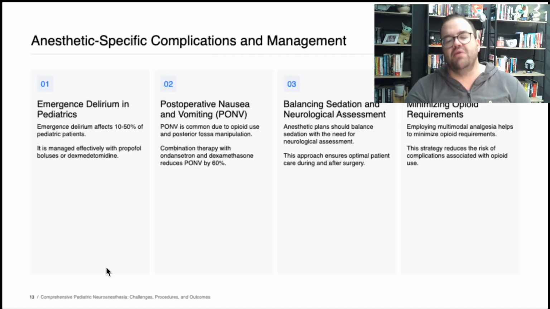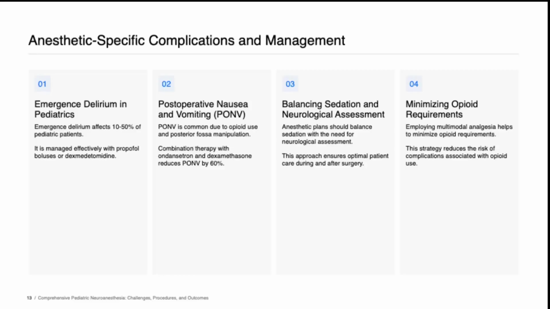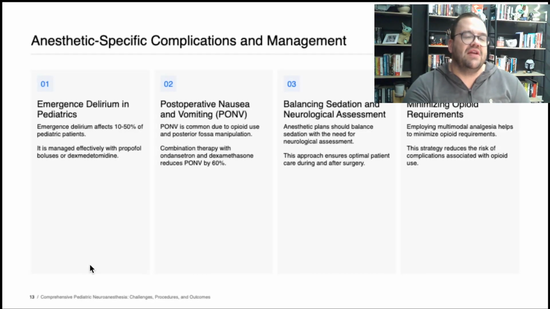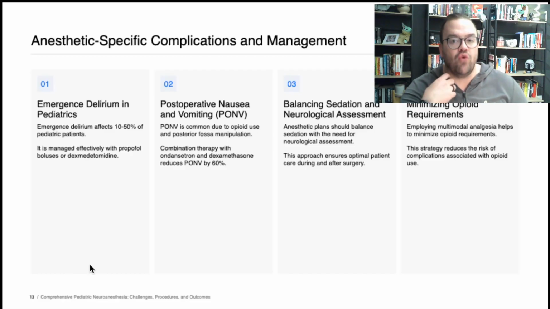I use a steroid, dexamethasone, I use ondansetron, I will use droperidol if needed, I will use metoclopramide if needed, and I will even use an antihistamine if needed. And then remember that postoperative sedation and analgesia needs to be balanced with the need for rapid neurological assessment. So that is why I like to use desflurane as a volatile in particular if I'm going to use a volatile, because the wake up is rapid and clear-headed, and they are able to engage and give you a clear